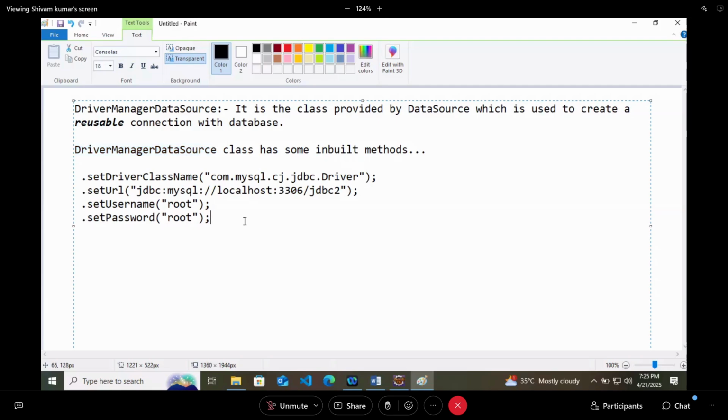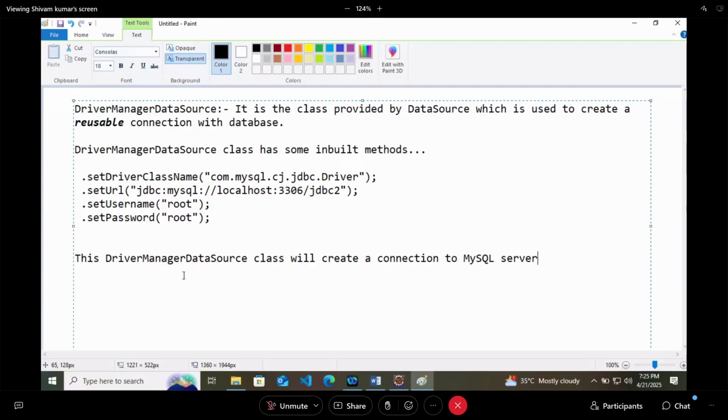How will we get one connection? This DriverManagerDataSource class will create a connection to the MySQL server. Again, I will show all these things with Oracle also, so don't worry.